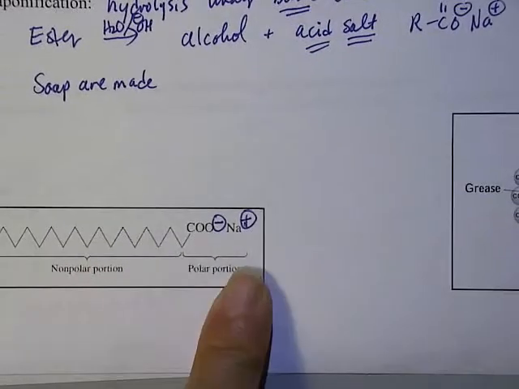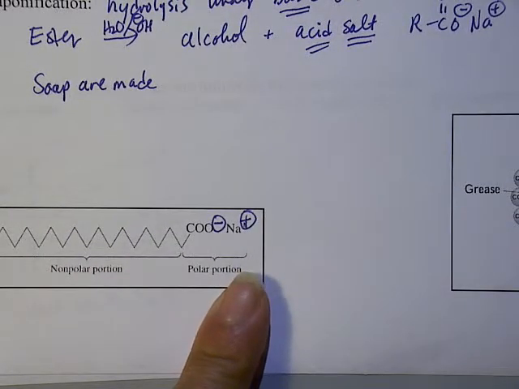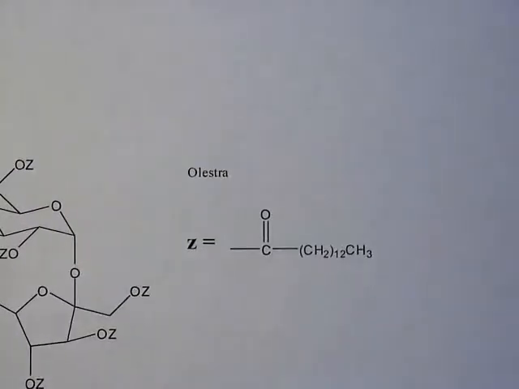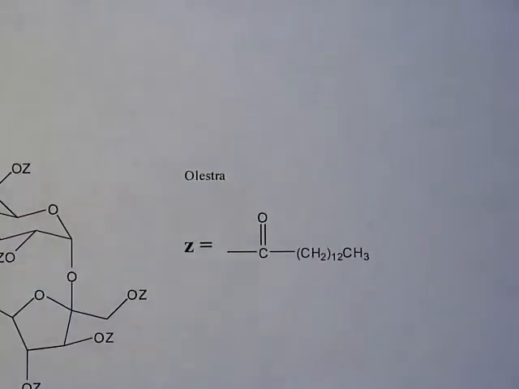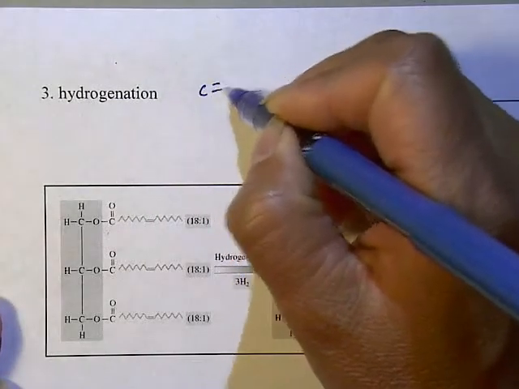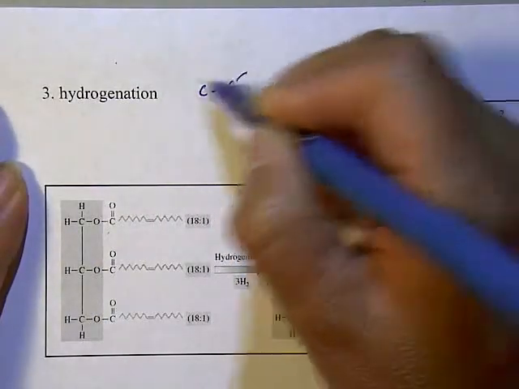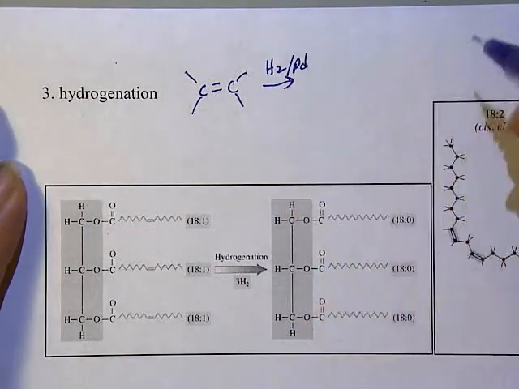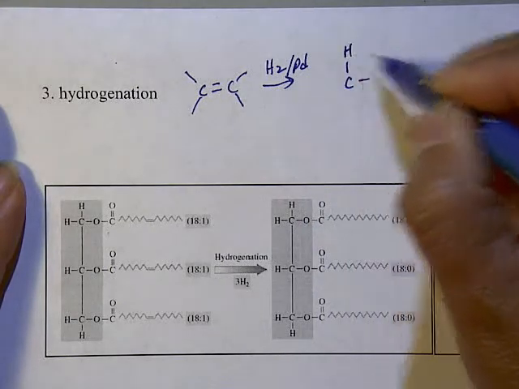And the dual properties is very important to remember when we later on talk about the lipid bilayer, phospholipids, etc. Okay? And the third reaction that we're going to look at is a hydrogenation reaction. And you know from Chem 114 that double bond or alkene and alkyne, you could hydrogenate with some kind of catalyst, and you are adding